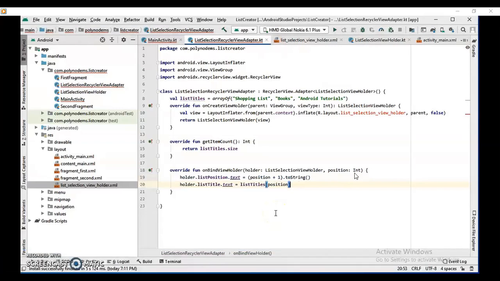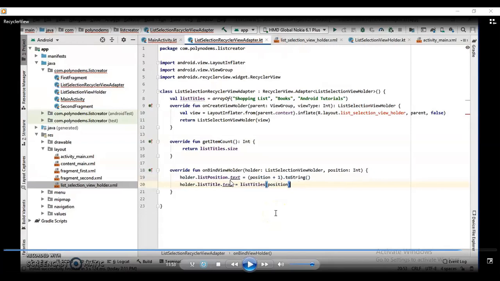The values which will be assigned here will be 1, 2, 3, and the titles are nothing but from this array, that is list titles.